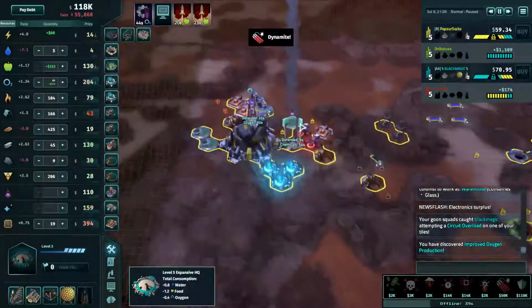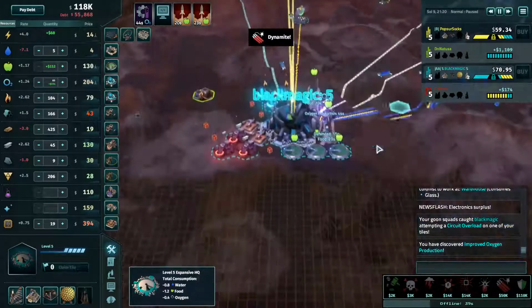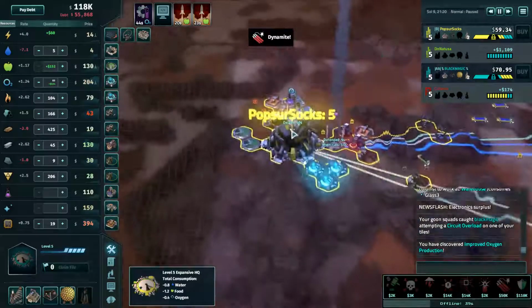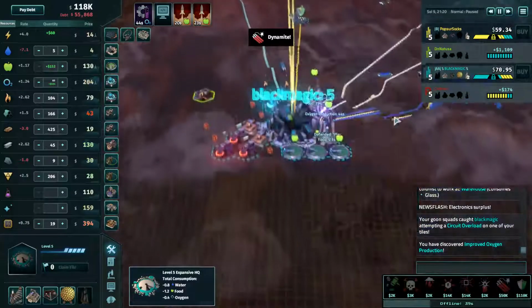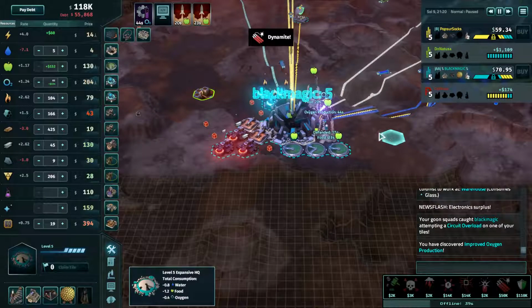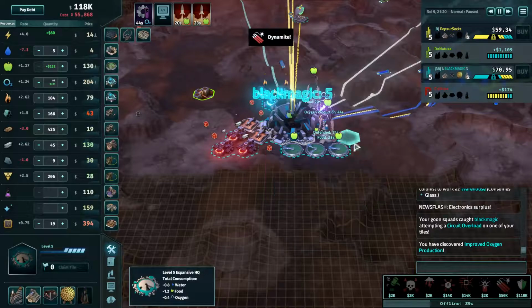Yeah, so he came with a circuit overload onto my offworld, which is gooned, and then I threw it back onto his, and then he threw it back onto my other one. So yeah, I don't know about that. I think I probably should have just left his gooned and not even tried to fight his offworlds anymore. Just try to only protect mine. I think that would have been the